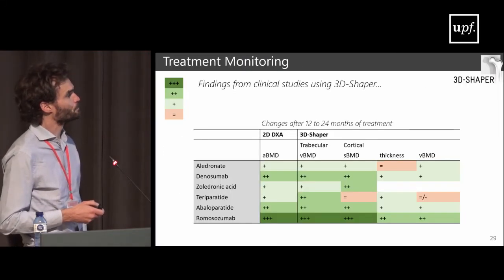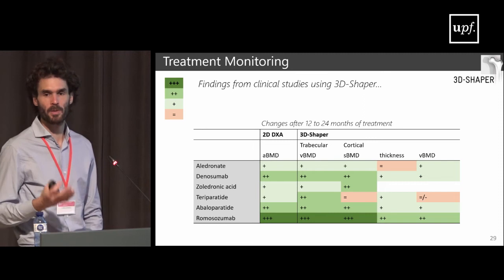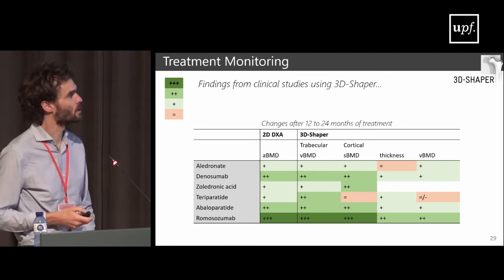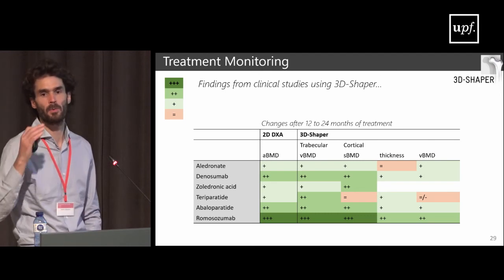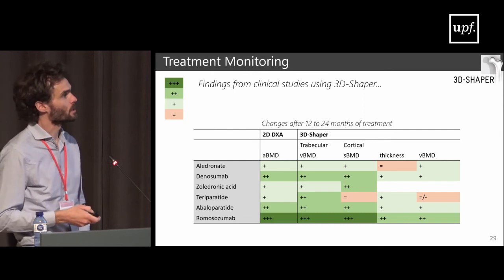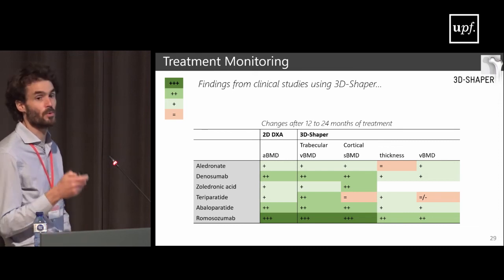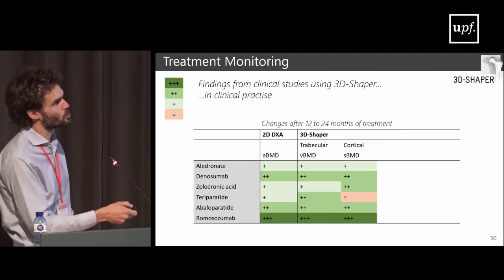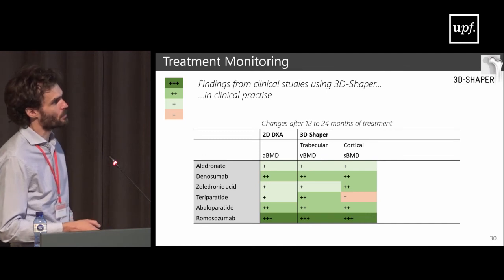As I was telling you, there are a lot of drug treatments that have been processed with 3D Shaper within clinical studies. We've processed all those treatments, so now we're able to create a kind of table where we know the effect of the treatment on both compartments. That includes the trabecular density, the cortical surface density, and also the thickness and the density. But if you remember, in clinical practice, they would just use those two measurements. And so that's the pattern of each drug